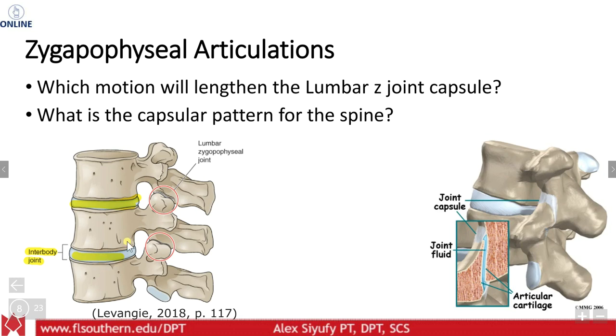between two vertebrae. Contrast that with your lumbar facet, or zygapophyseal, joints there. You can see they are much thinner or smaller in nature, and you can see here another representation of that. So if you look at this, which motion will lengthen these capsules? You could probably tell here that if I take the spine